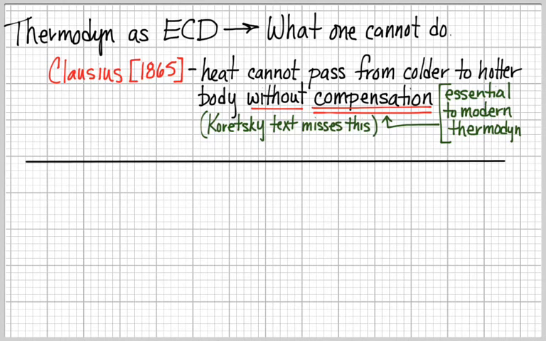If you want to get a bowl of soup hot, you put it in a pot over a heating coil or a hot pad, or you put it in the microwave. And in either case, you are compensating that system. You are putting in energy to raise the temperature. So heat cannot pass from colder to hotter without compensation. I can't get a soup to go warm without a microwave. That is my energy heat pump that I'm using to pass energy from cold to hot, and it's essential to modern thermodynamics. I will note that the Koretsky text misses this,